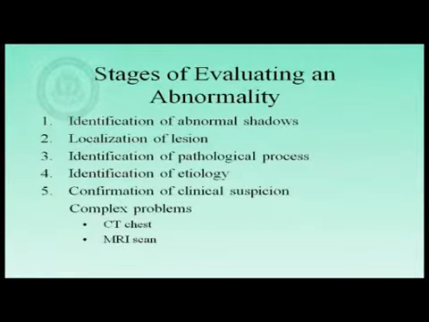Now, when you identify the abnormalities using the physics mentioned above and start assessing the pathologies, these are the areas where you should concentrate. First, identify which is an abnormal shadow. Then try to localize the lesion to the anatomical locations. Like I said, on the left side, the lingular segment gets overlapped with the upper lobe of the left lung, and the upper segments of the left lower lobe. Likewise, on the right side, the middle lobe is overlapped with the right lower lobe. So you have to localize the lesion to the particular segment.